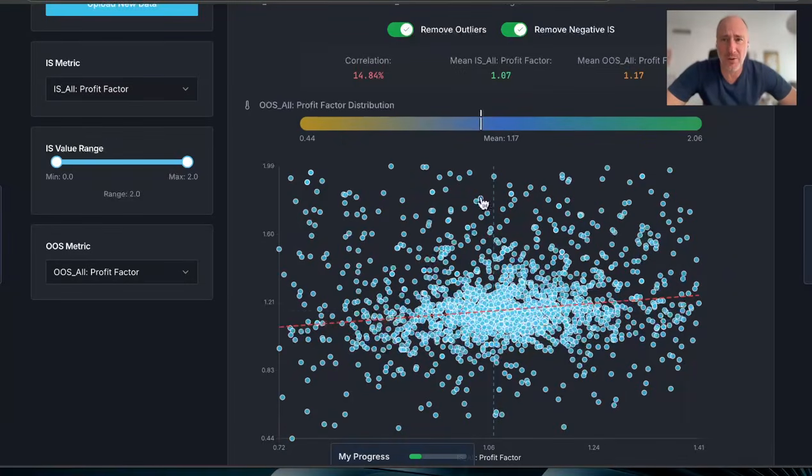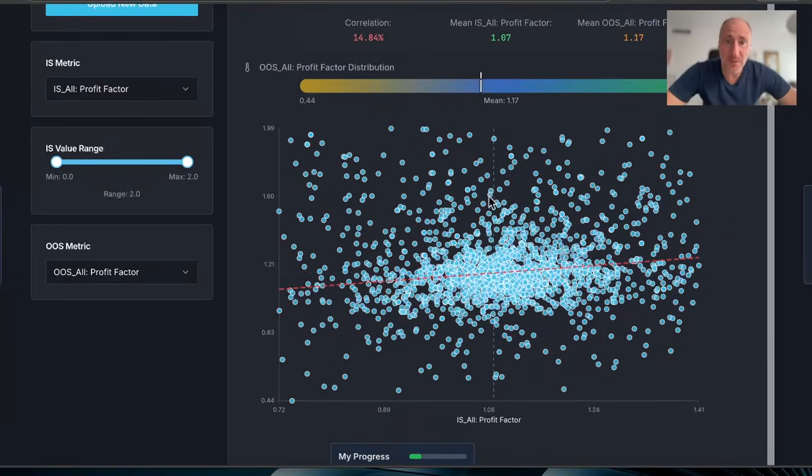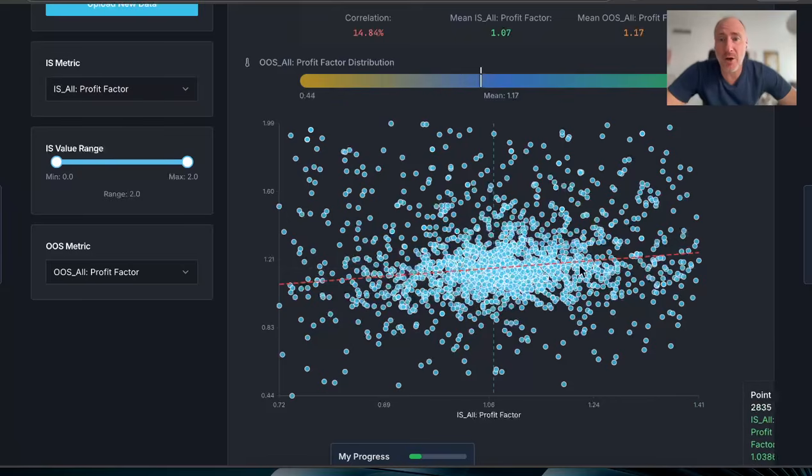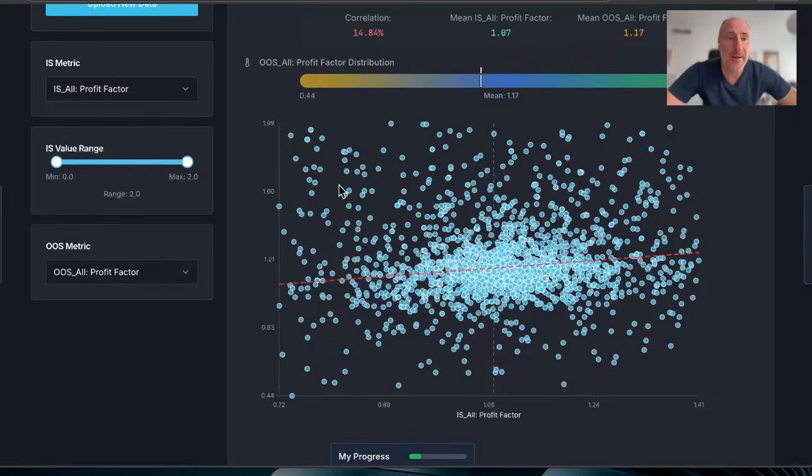That means there's no dependency. The dependency between profit factor in sample and out of sample is almost zero, almost nothing. So this alone is already showing us you should not expect that when you optimize for very high profit factor, you will also get profit factor in live trading. Not gonna happen, period. Now, a lot of traders actually do optimize for profit factor, and I think it's a